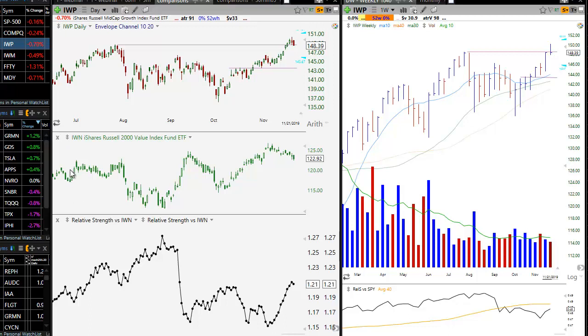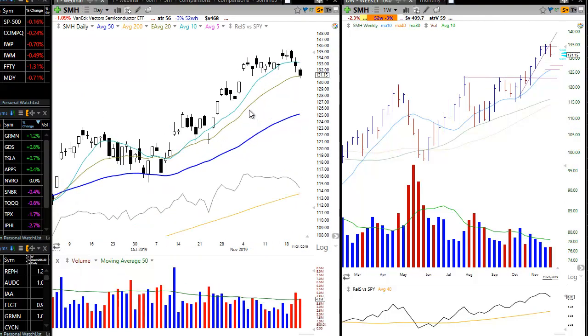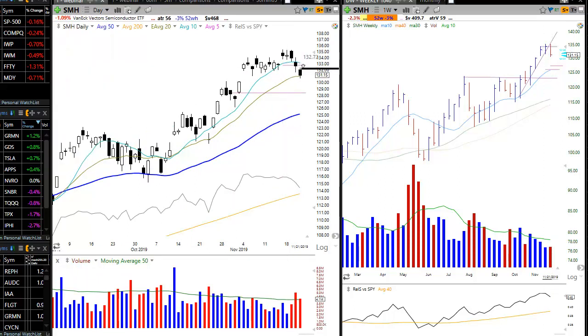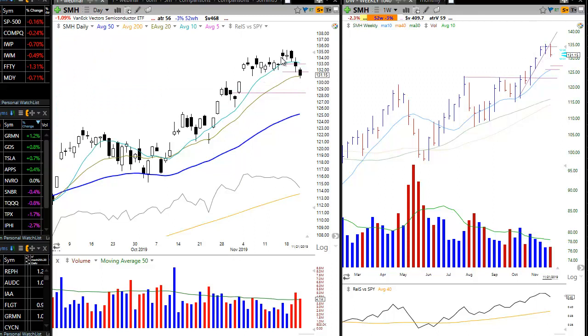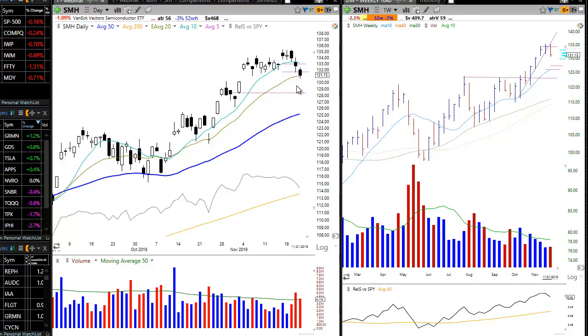On to open positions. First, we're going to cover those that we closed today. The second half of our swing position in SMH was closed beneath the prior day's low. Here's our entry. I believe our first stop triggered around 133.19, so right around here, and the second stop triggered right here. We had a nice swing entry, and the price action stalled after that gap up and failed to follow through,